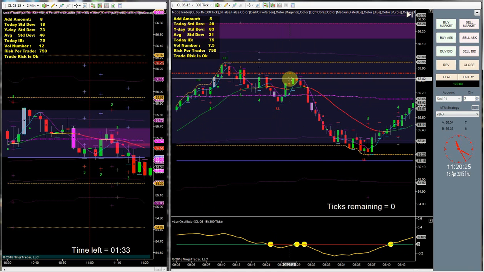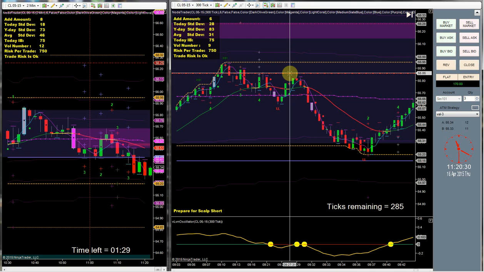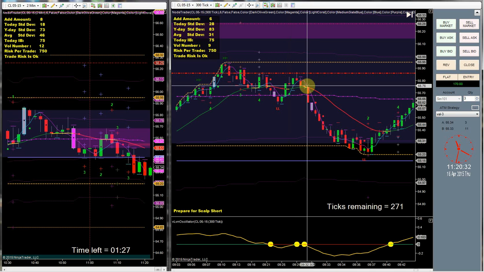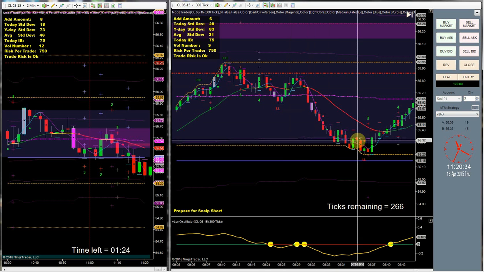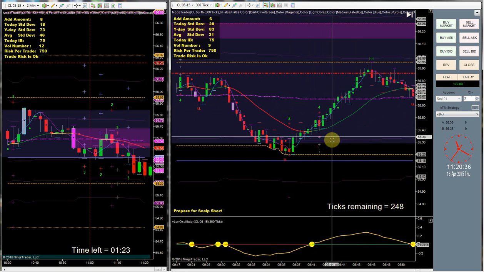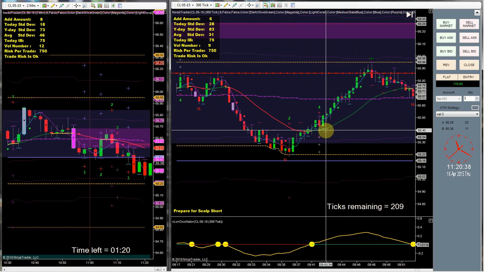Obviously down here the oscillator is telling us we're looking for shorts, so we could have taken this trade right here. Would have been a pretty safe trade since we have this right above us. Would have taken this short, and as you can see, the market dropped nicely. That would have been a beautiful winning trade right there. This right here wouldn't have filled us. Market didn't come down enough,